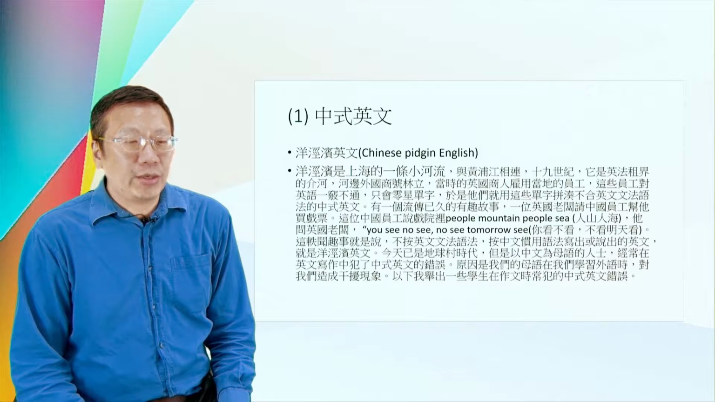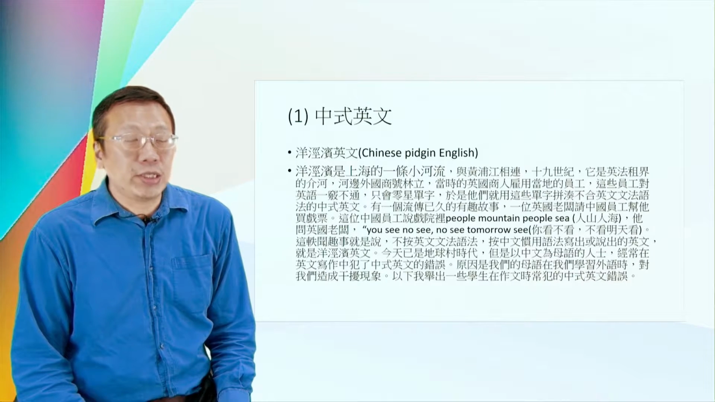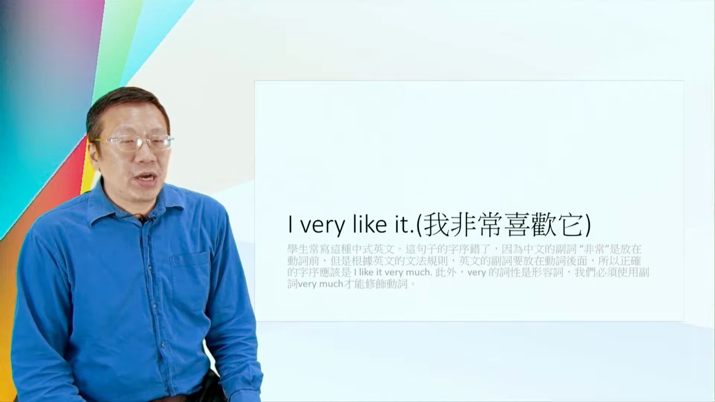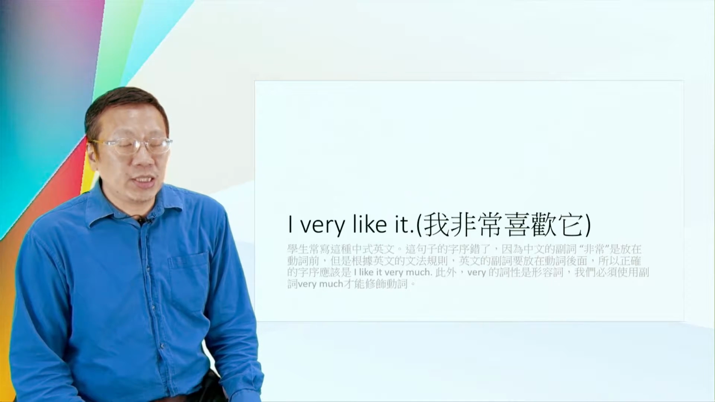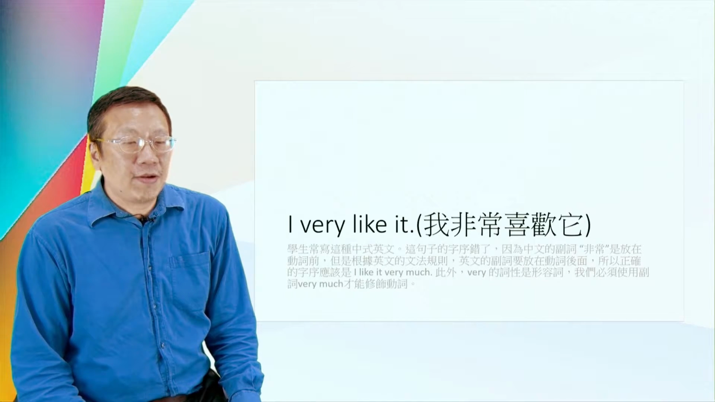人山人海。他就问英国老板说 You see no see no see tomorrow see，他说你看不看？不看明天看。这则趣事就是说，不按英文文法跟语法，只按中文惯用语法写出来或说出来的英文，这就是洋泾浜英文。今天是一个地球村的时代，但是以中文为母语的人士，经常在英文写作中犯一些中式英文的错误。原因是我们的母语在我们学习外语时，对我们造成干扰现象。以下我想举出一些学生在作文时常犯的中式英文错误。I very like it，我非常喜欢它。学生常写这种中式英文，可是这个句子的字序错了，因为中文的副词非常是放在动词前，但是根据英文的文法规则，英文的副词要放在动词后面，所以正确的字序应该是 I like it very much。此外，very 的词性是形容词，我们必须使用副词